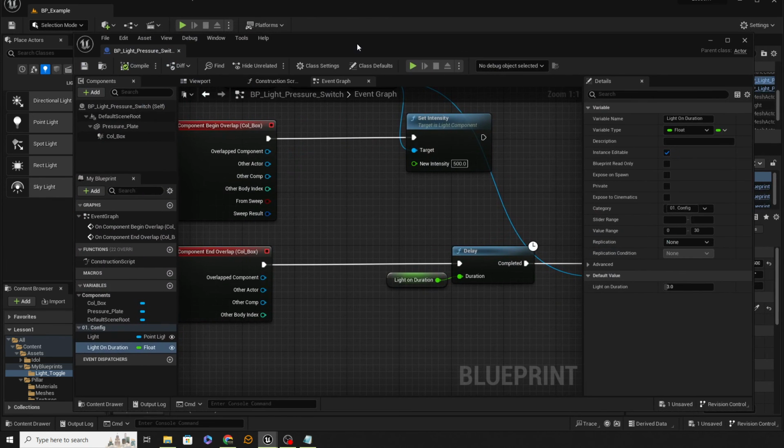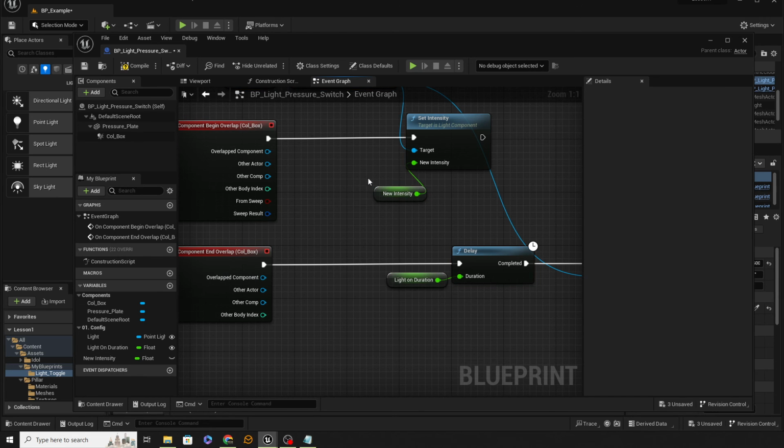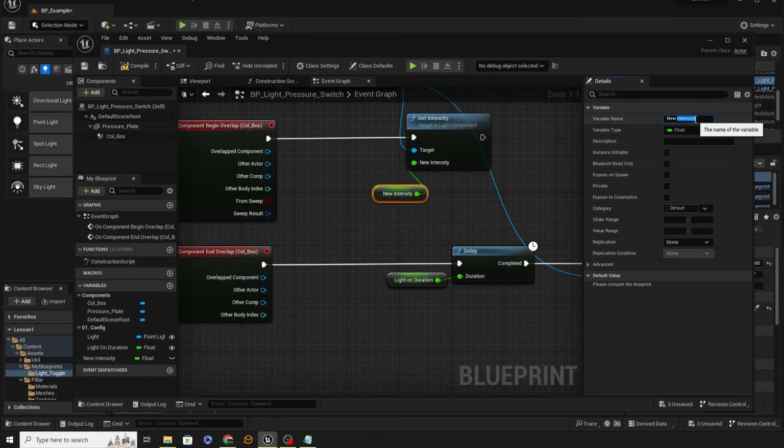And then another thing we could do is we could set the actual intensity of the light here. So if I drag that out, let's promote that to a variable too. And I'll call that light, oops, do that again. Select that, there we go. So I'll change that to light on intensity. There we are. And if I hit compile and save, well, it's already got the default value